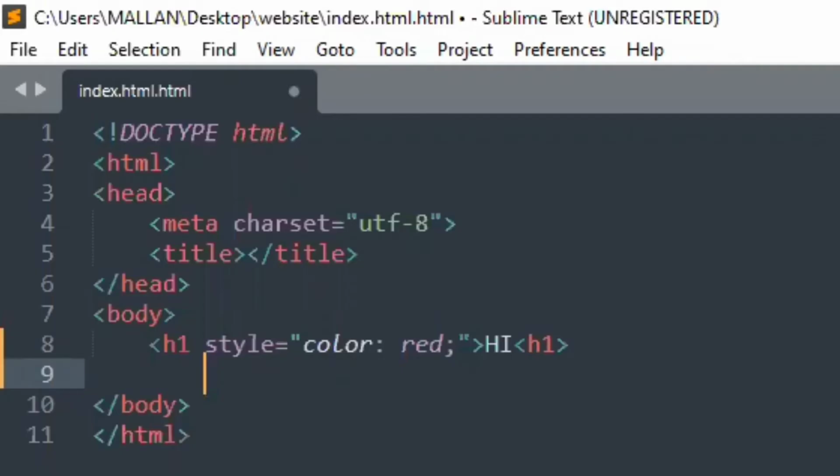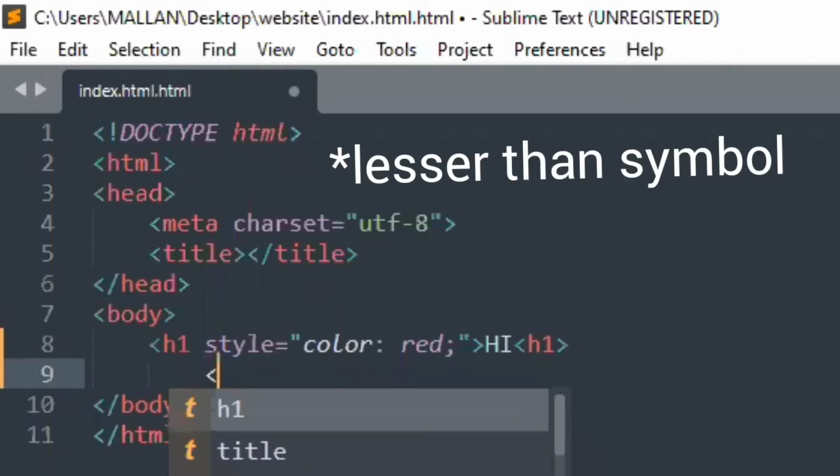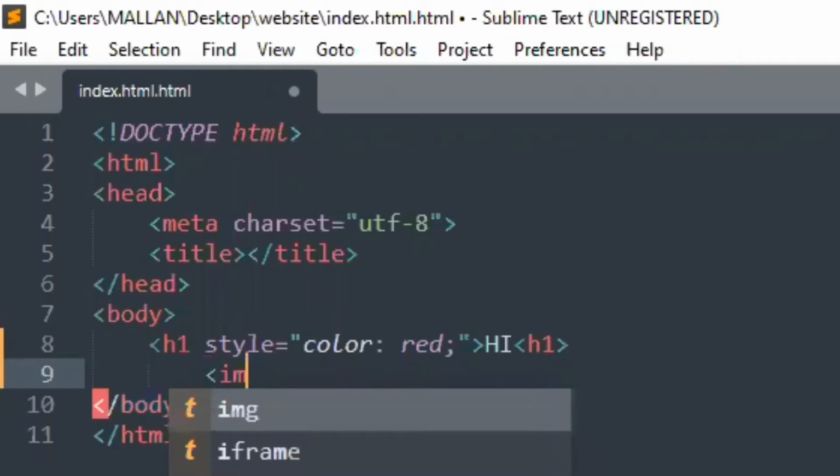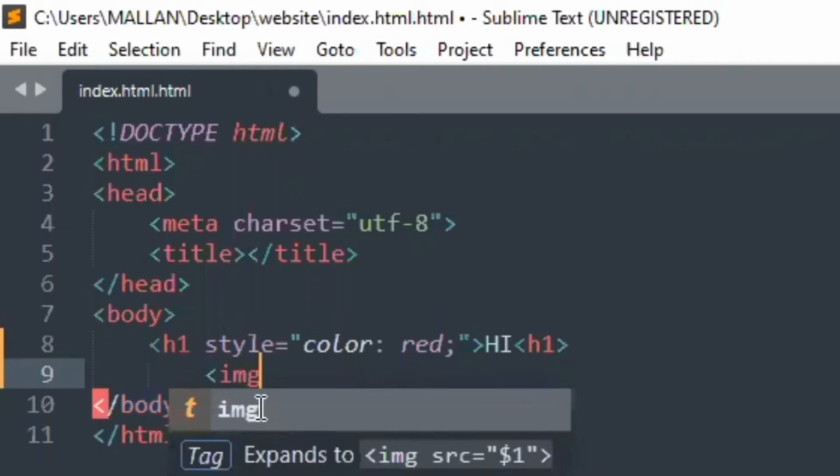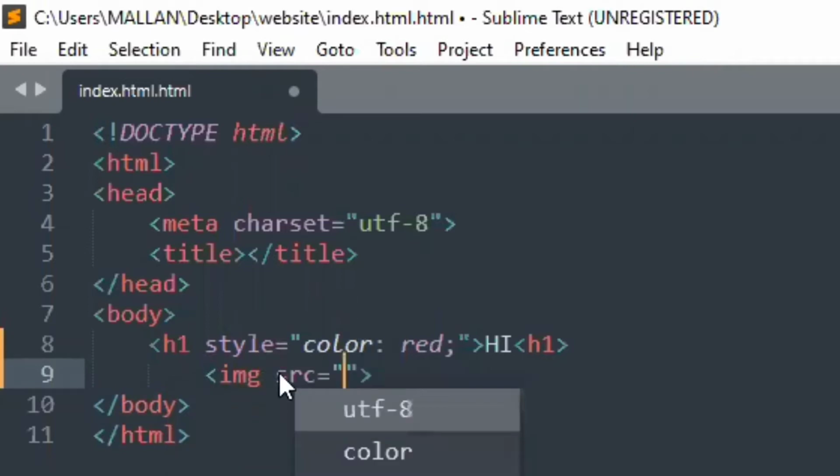Next, to add an image to the browser, we need to type the greater than symbol, img, space, src equals to, two quotation marks and the lesser than symbol. So img refers to image and src refers to source. Now we are going to paste the URL of the image in between these two quotation marks.